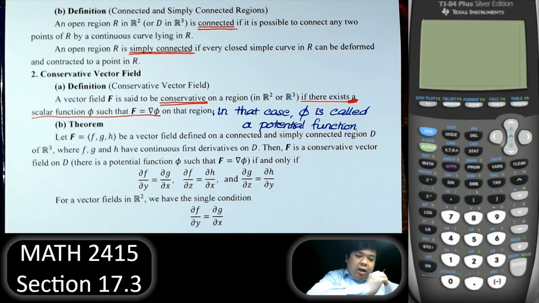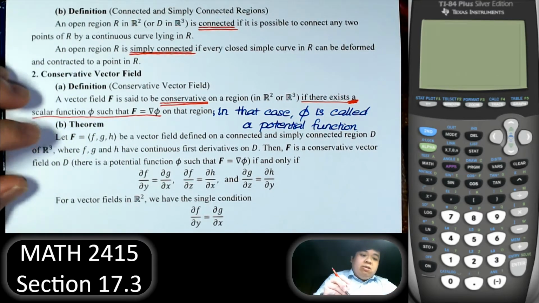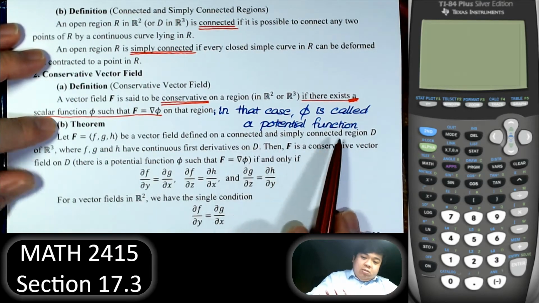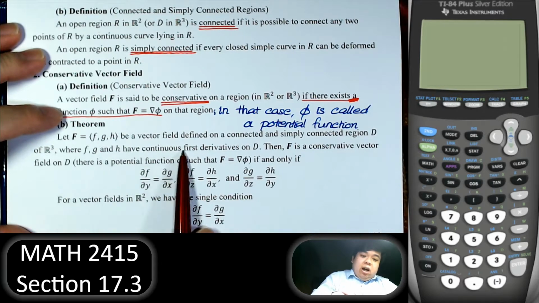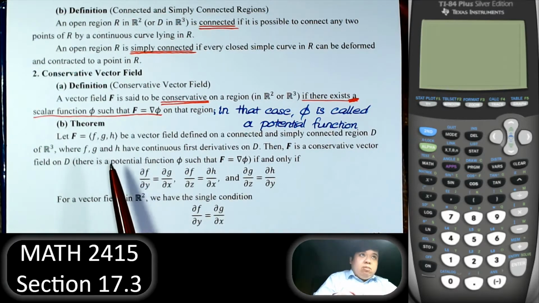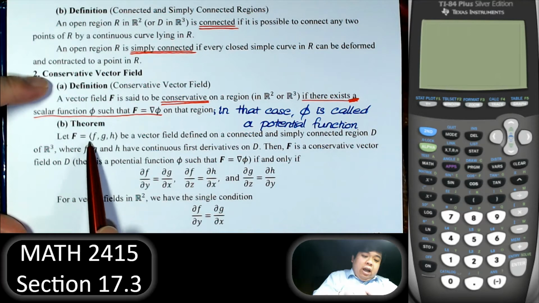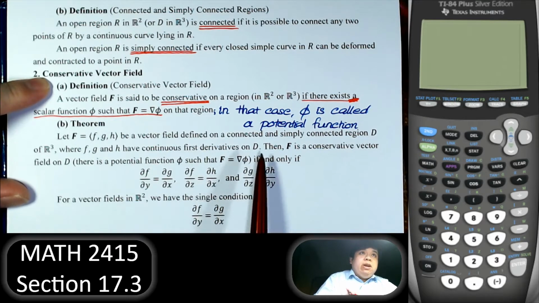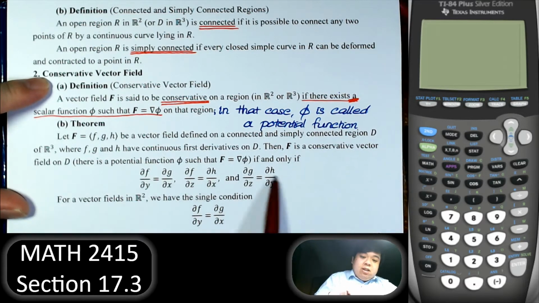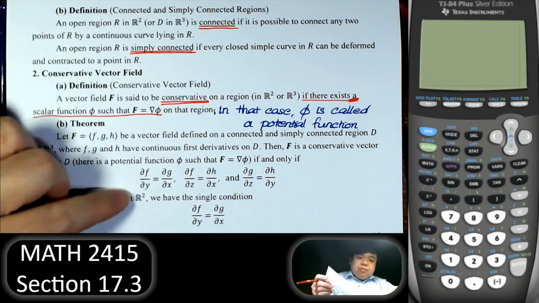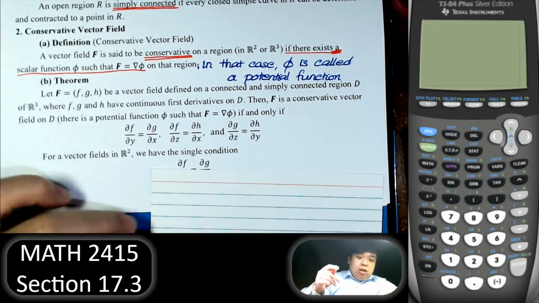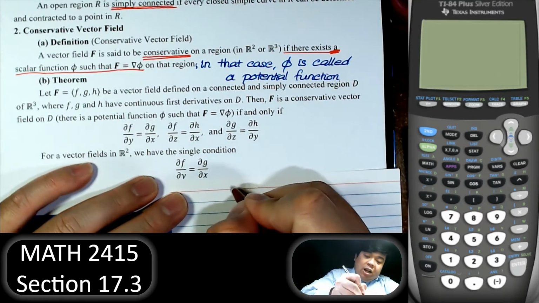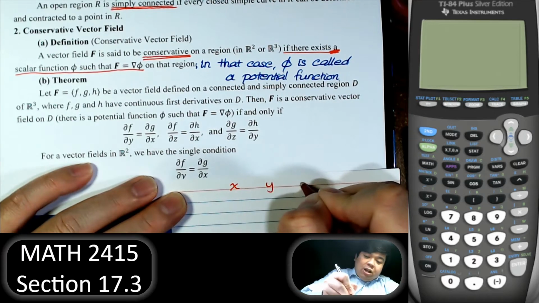The way we know if a vector field is conservative, by the way, if the vector field is defined on a connected or simply connected region, and the vector field's component functions have continuous first partial derivatives, then it is conservative if this condition is satisfied. The way we memorize this, of course, is not to try to memorize it like this. Consider if we write like this,